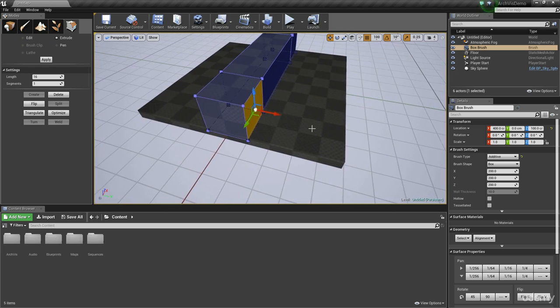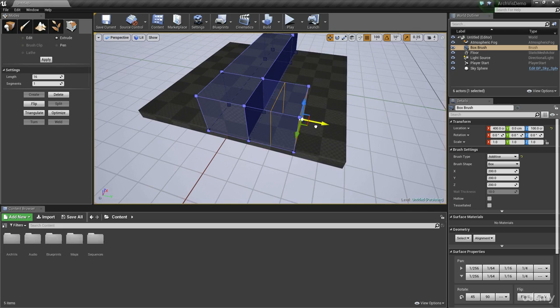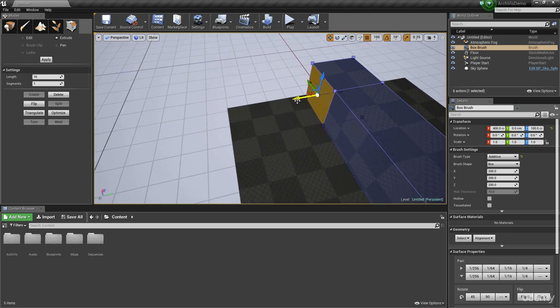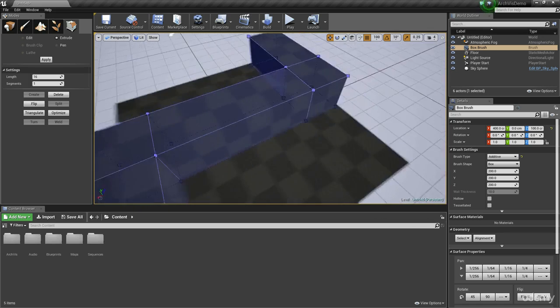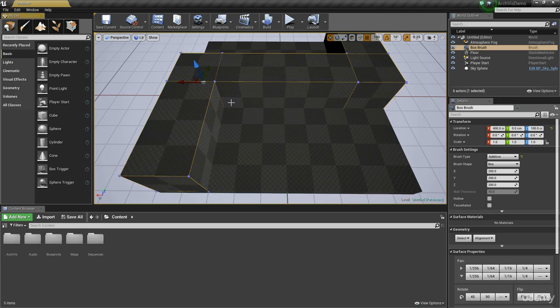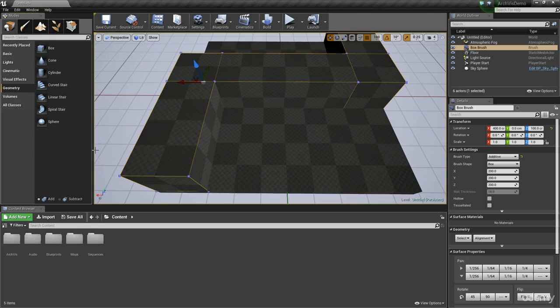And now I'm going to put this to here. And on this side, I'm going to pull this out to here. Now I've got this shape going on. What I'm going to do at this point is go back to my geometry tools, and I'm going to add